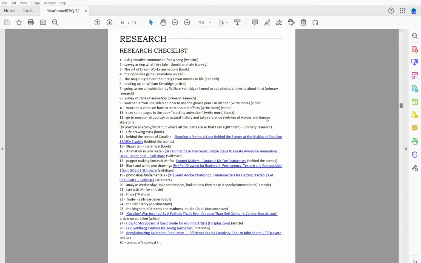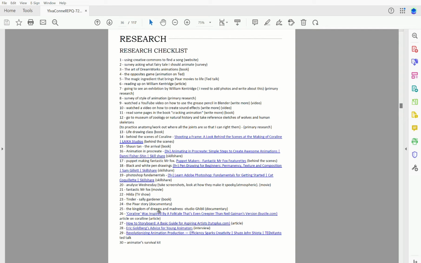So the first thing I recommend you do is that you make a research checklist. This way you can make sure you've got a good range of resources. So I'd look at TED Talks and interviews, articles, websites, videos, and books. So you could go to your school library or public library, and you should have at least about 4 books,